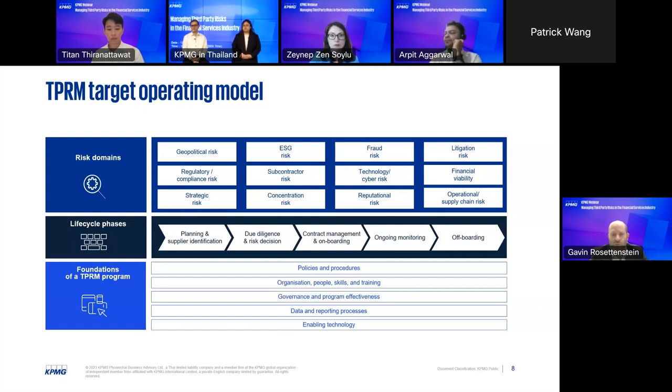So when you're looking for a supplier or a third party and you want to engage them to provide or support a service, when you're going through the identification and planning stage, you would need to understand what are the risks there that you need to be considering, and you want to make sure that they are brought into that decision-making process. As you flow your way through the due diligence and the risk decision processing, again, it'll be deep dives on different areas or different risk domains that are relevant for the nature of the service that that organization is providing to you or supporting you with.